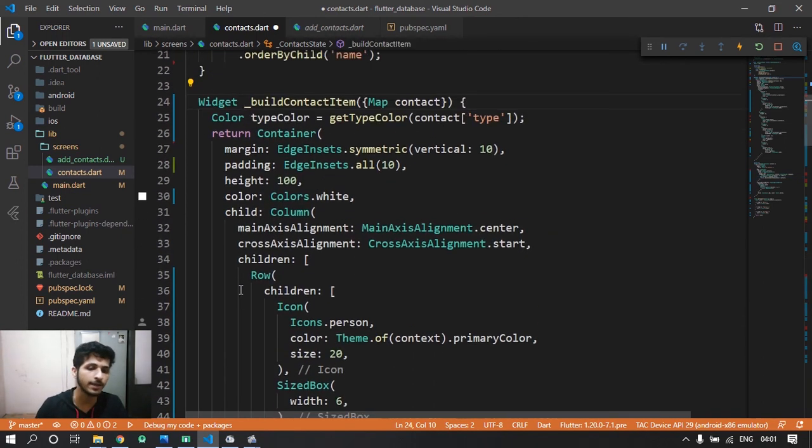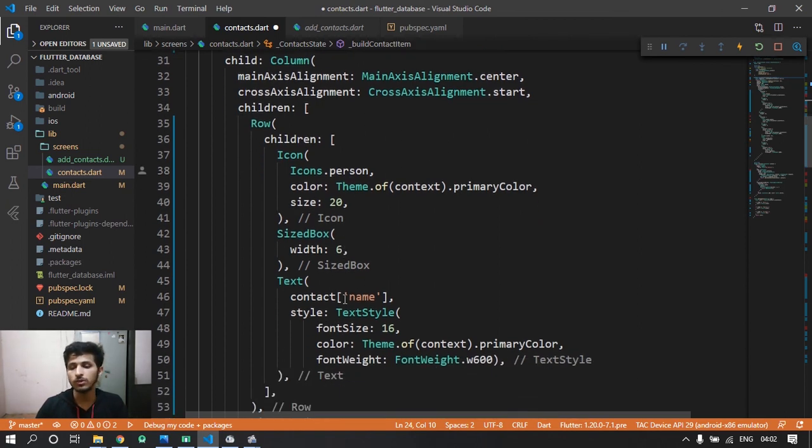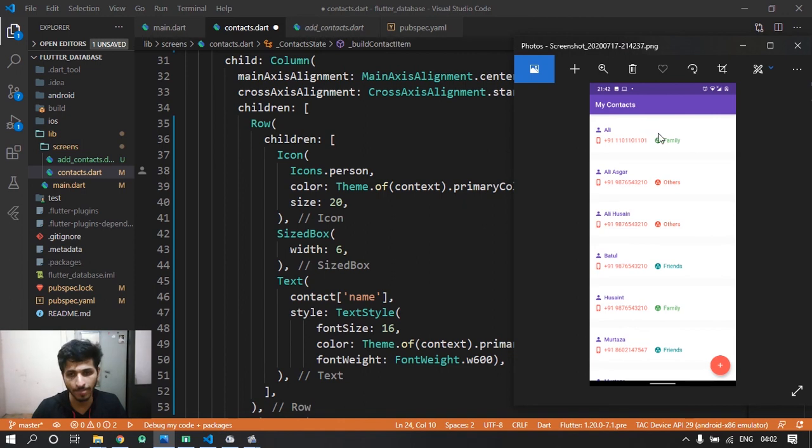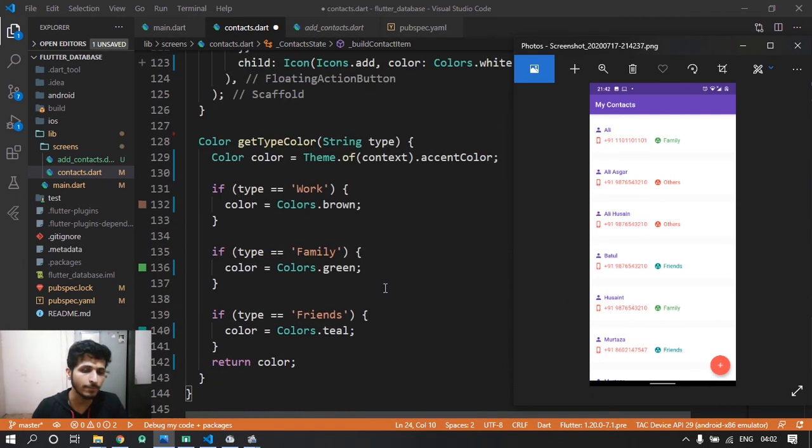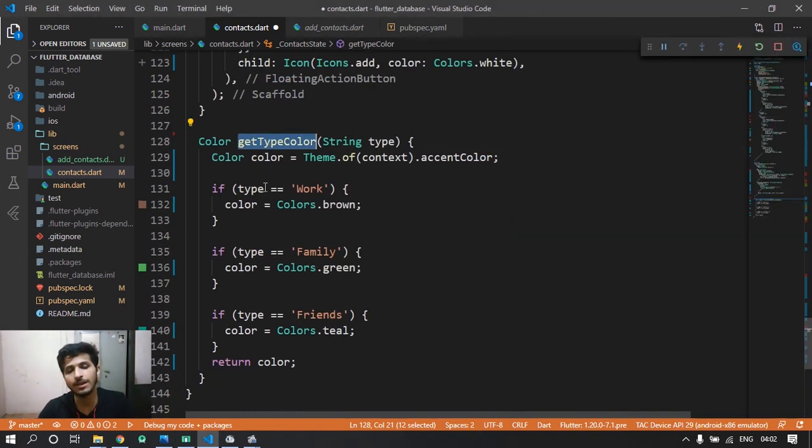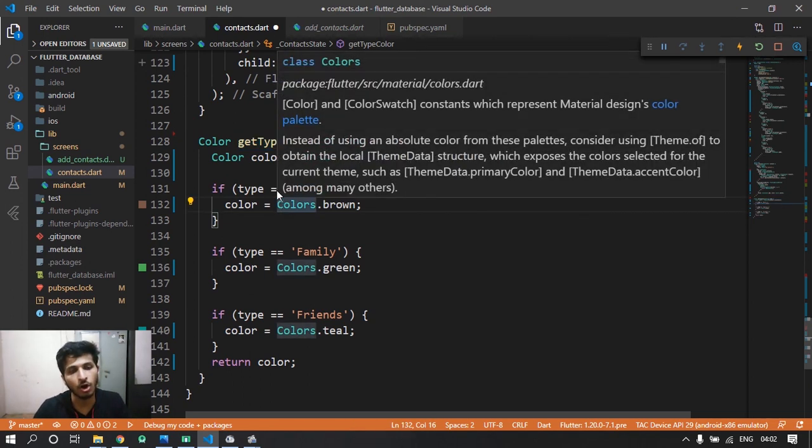This build contact item consists of all the widgets which we coded to show this beautiful UI. And to make every contact type's color different, we created a method here, getTypeColor. This getTypeColor checks what the type of a contact is and sets the color accordingly.